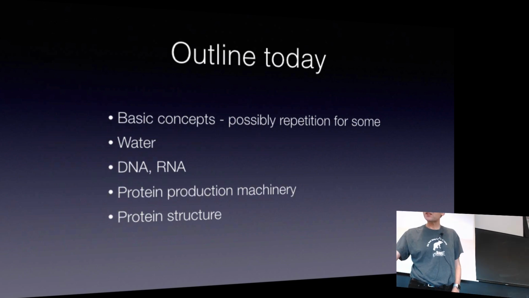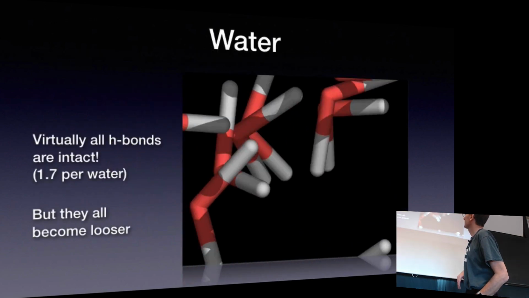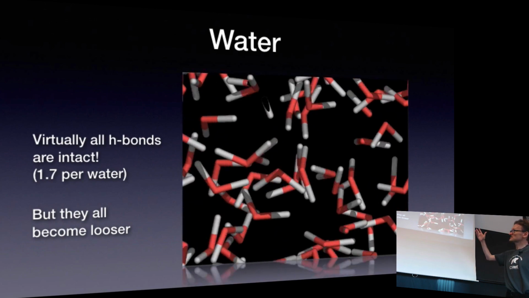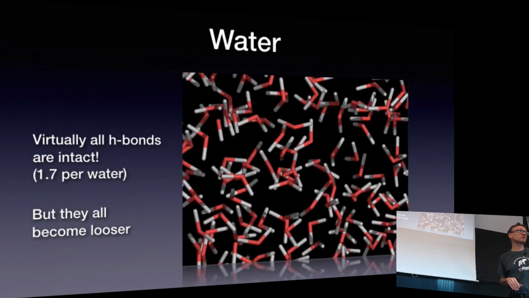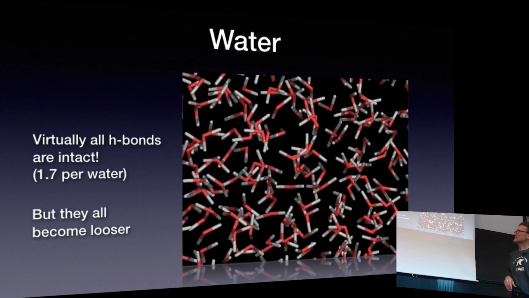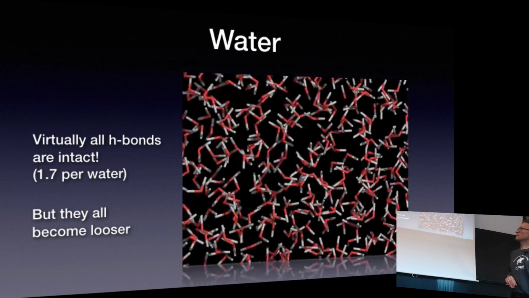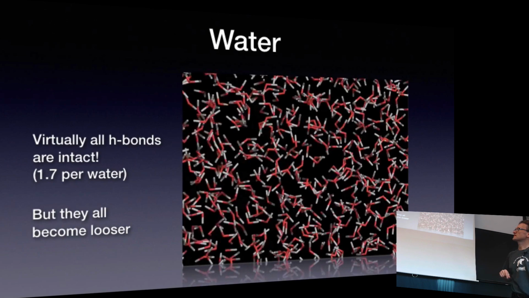So, biophysics. The single most important molecule in biophysics is this one, water. This is actually a computer simulation of water. Once, in the 1970s, this was science fiction, the type of simulation that got people the Nobel Prize. Today, this is something you can pretty much do on a laptop. So this is liquid water. And you've probably seen ice crystals or something. And liquid water behaves quite differently.